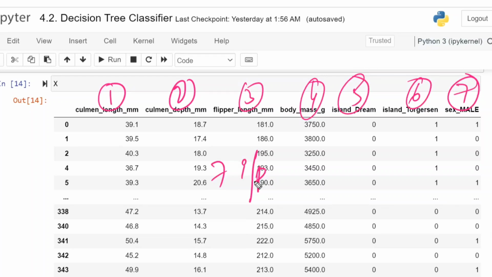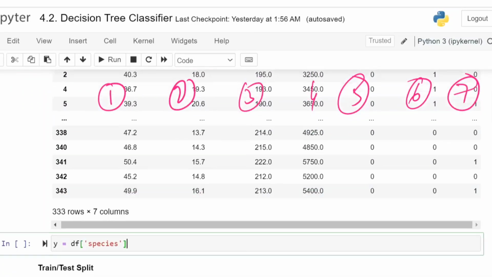Basically, we are having only 6 input columns, but island was converted to 2 columns. So one column was converted to two columns, whereas gender was converted to 1 column only. So there is no problem. Like this, we have got 1 more column extra. So total 7 input columns, and the order is like this. First column is culmen length. Second column is depth. Third one is flipper length. Fourth one is body mass. Fifth one is island with respect to Dream, then island with respect to T, and next one is male.